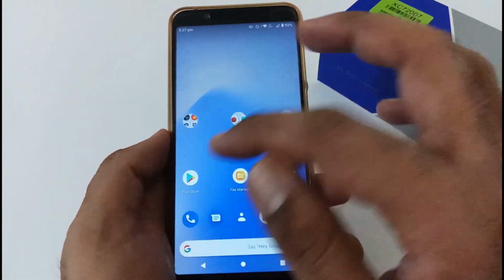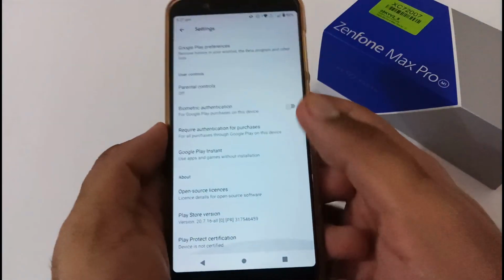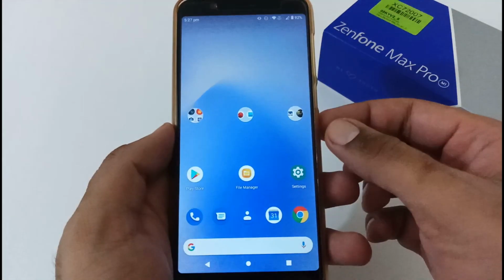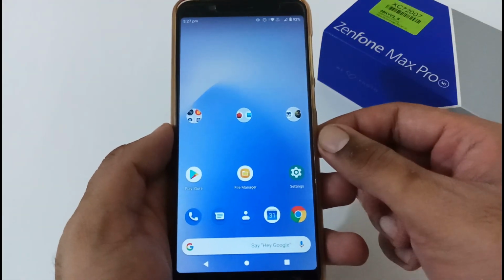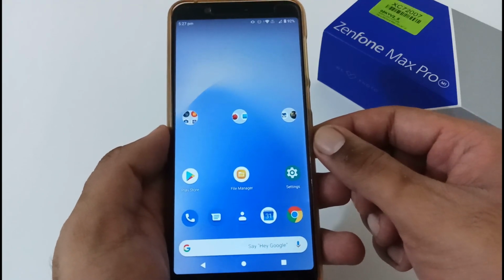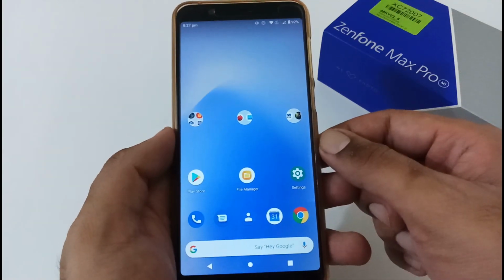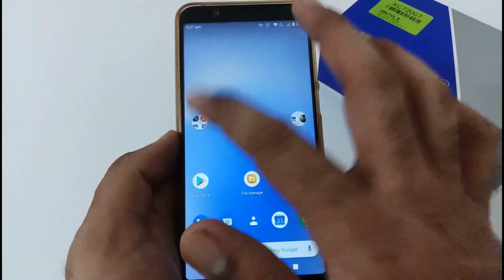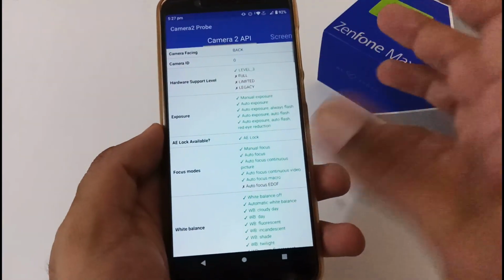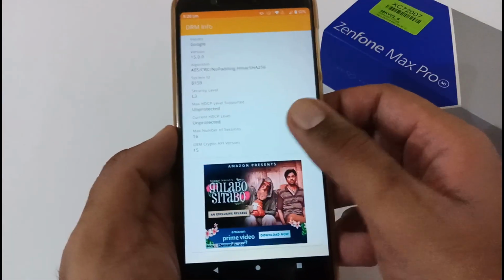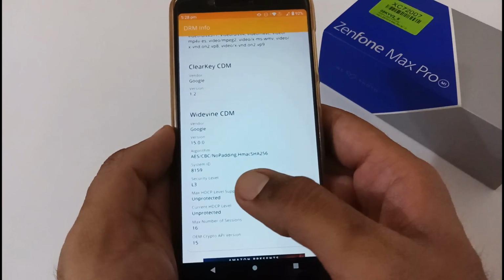After this, now let's verify the device certification. In this particular ROM, the device is not certified, whereas in the stock ROM, or I would say the original stock ROM version 429, it is by default certified. Apart from this, now let's talk about the status of Camera2 API. By default, again level 3 support is available, which is the same in Android 10 beta 3 as well as version 429, the original one.